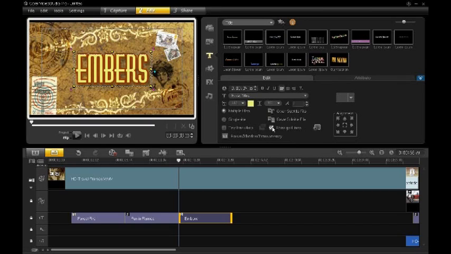You can also change the colors here if you like. If you wanted to go in, you can just quickly go in and change the colors of the title. You can do drop shadows. You can do text backgrounds. We even have a